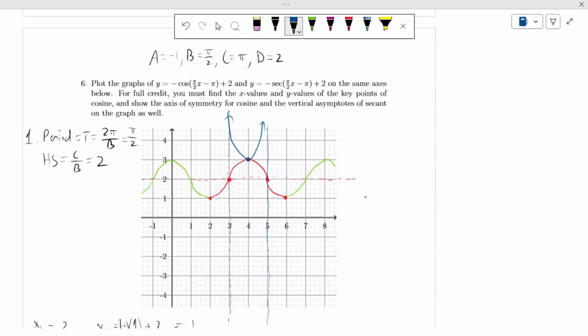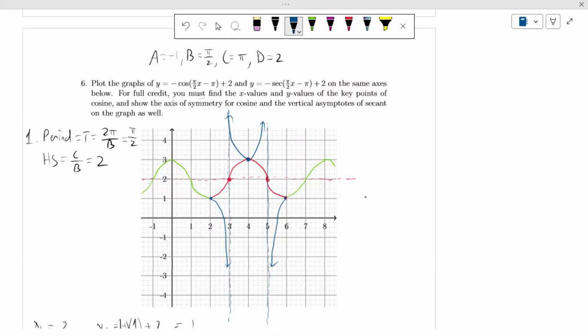Okay. And then we kind of don't see everything else. We just leave that one period of cosine. We can see that it's going to go down like this. It's going to go down like this, right? But I want to see more of the secant graph. So that's why I wanted to extend the graph out so we could see a little bit more detail,